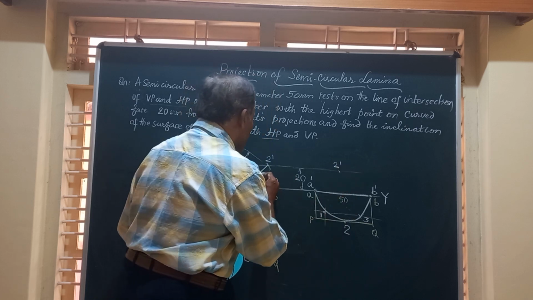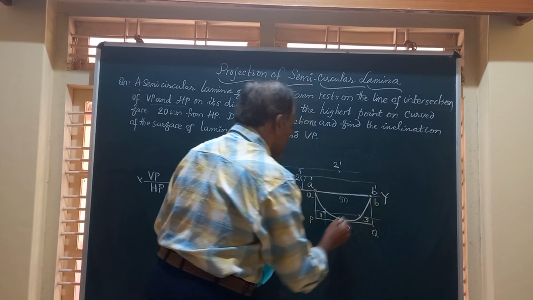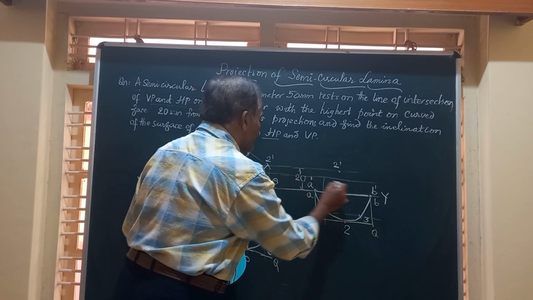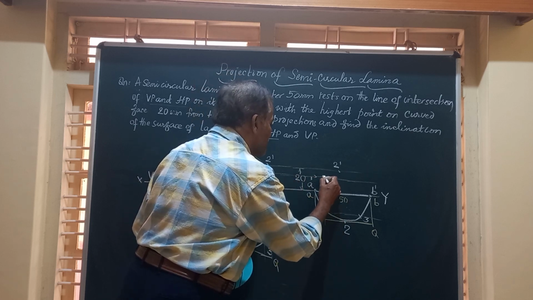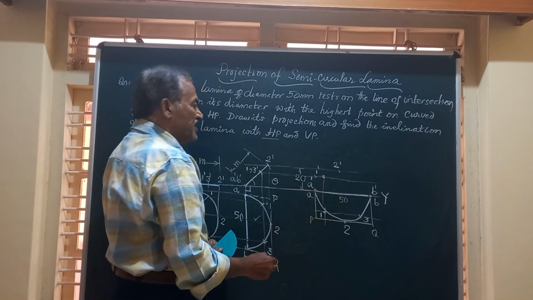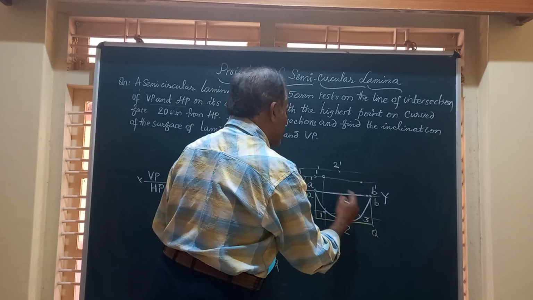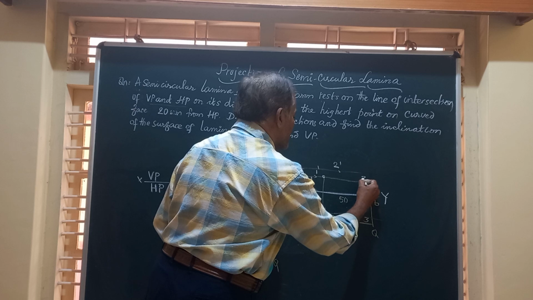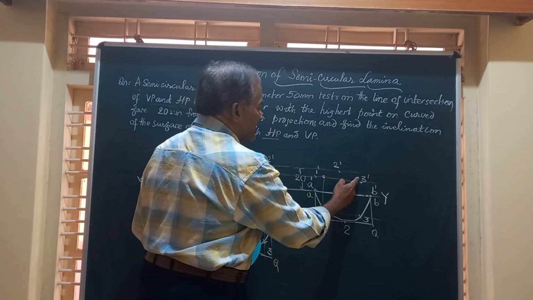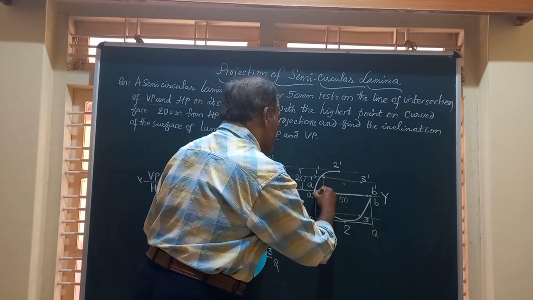Then obtain 1 and 3 on this line. So how to get this point 1 and 3? So draw a vertical line from A or 1, and a horizontal from 1 dash. The point where those two intersect is point 1 dash. Similarly, at equal distance on the other side, you will get point 3 dash. So friends, join A dash, 1 dash, 2 dash, 3 dash to B dash by a smooth continuous curve like what I have done in the